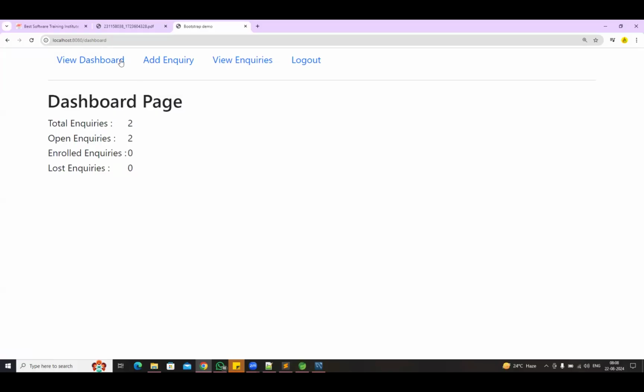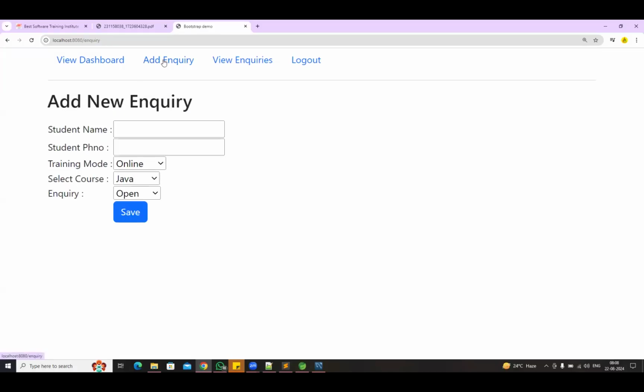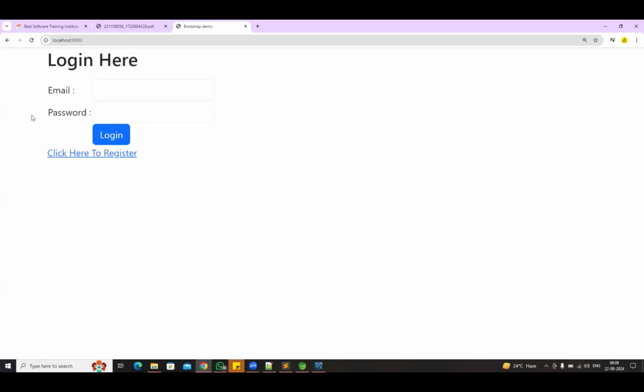Okay, view dashboard is available, add inquiry is available. Now we need to display view inquiries. So when you click on view inquiries, all the inquiries should be displayed in the table format. When I click on logout, we are going back to the login page. Okay, so